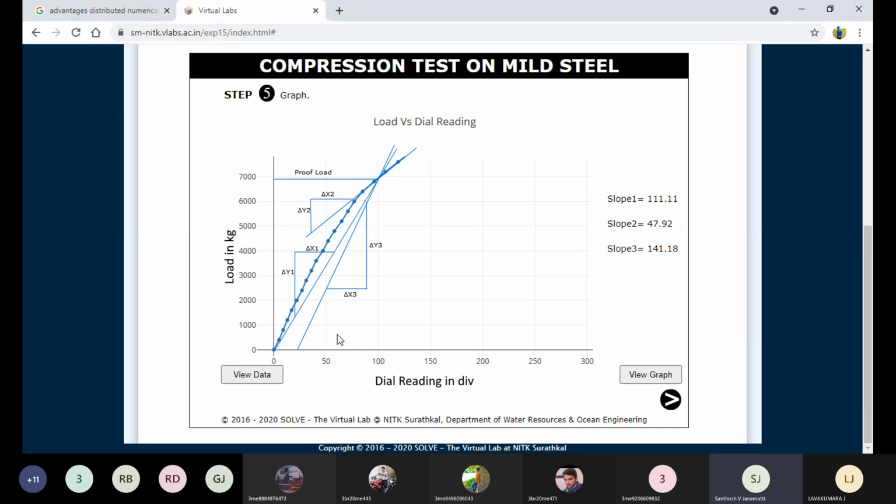Correspondence to this point we get the strain of 50, and correspondence to this we get 6,000 kg. This is the stress. With correspondence to this point we get the stress, and to this we get the strain. Stress by strain, that is Young's modulus of rigidity. This is for this or for this, and for this also the same, if it is a correct straight line. Now we need to calculate the stiffness value of the sample.